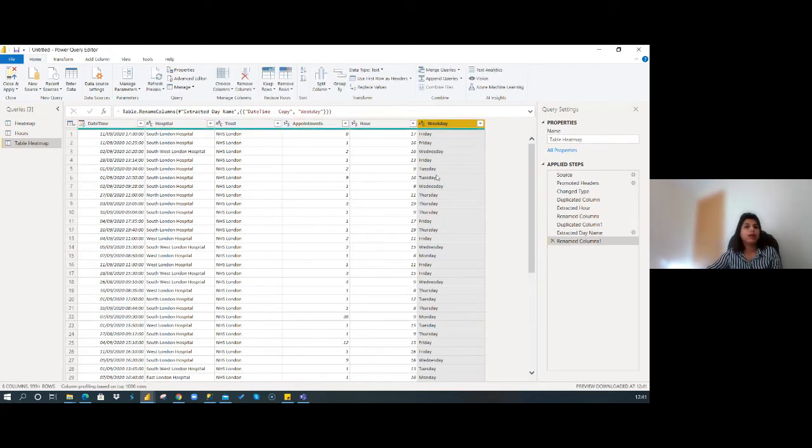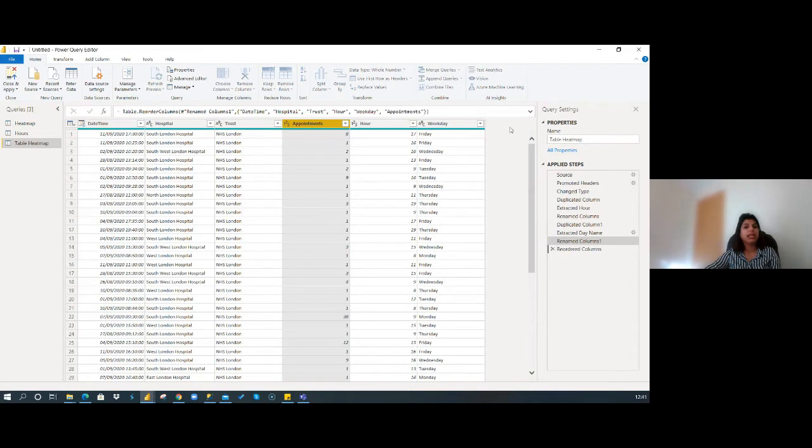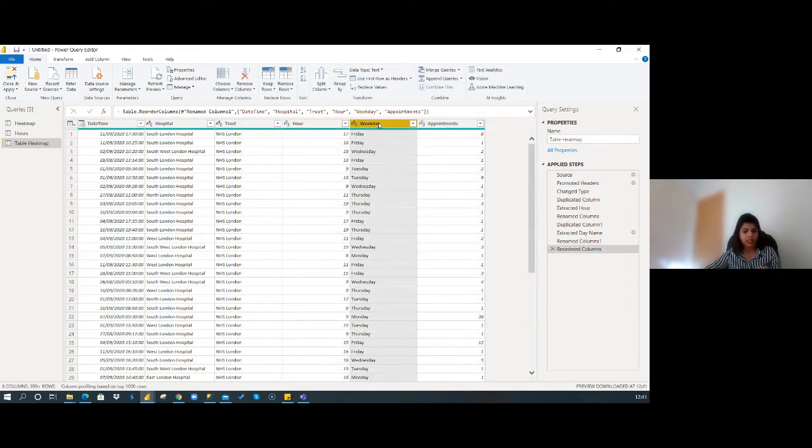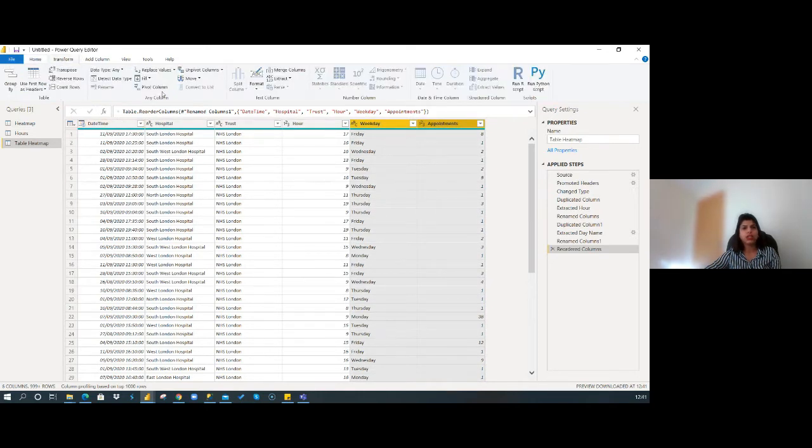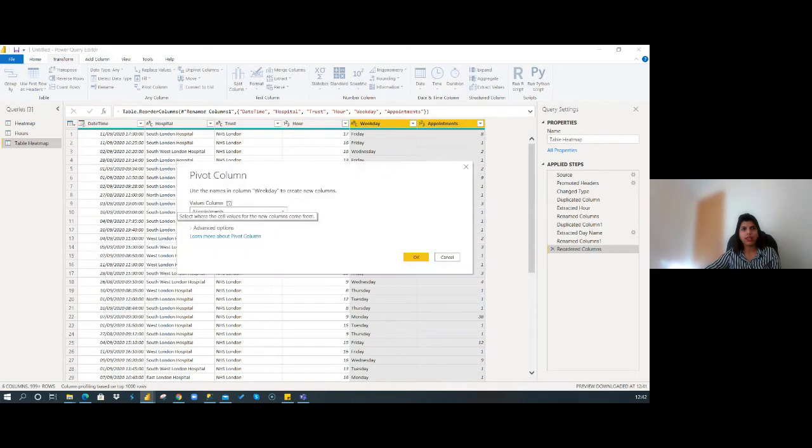Now the trick to use this table heat map is we have to pivot the KPI with weekdays, so we can use the data model just like that. So I'm going to go to transform and click on pivot column, and say okay.